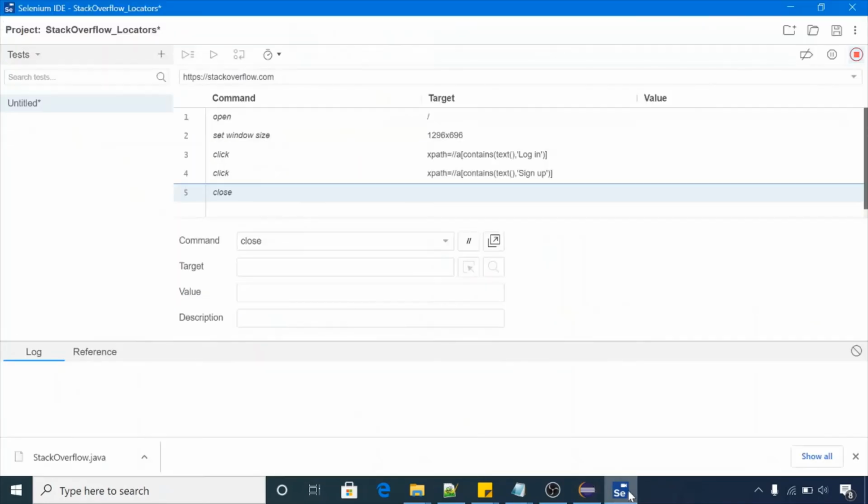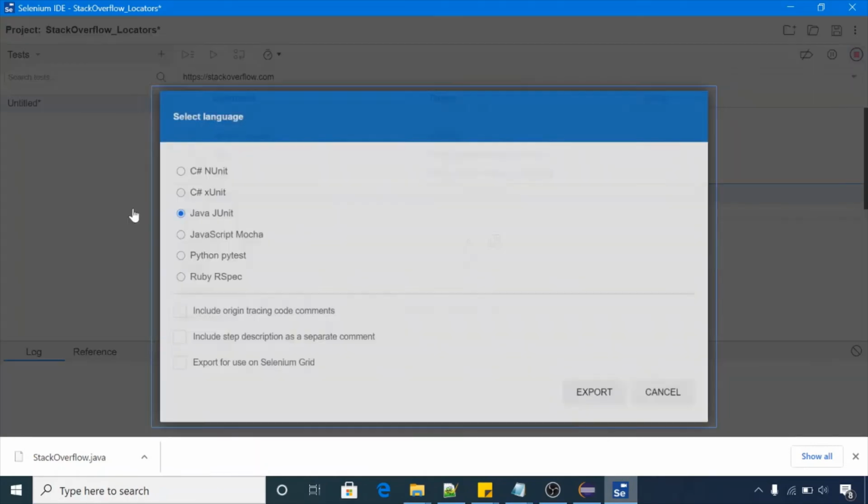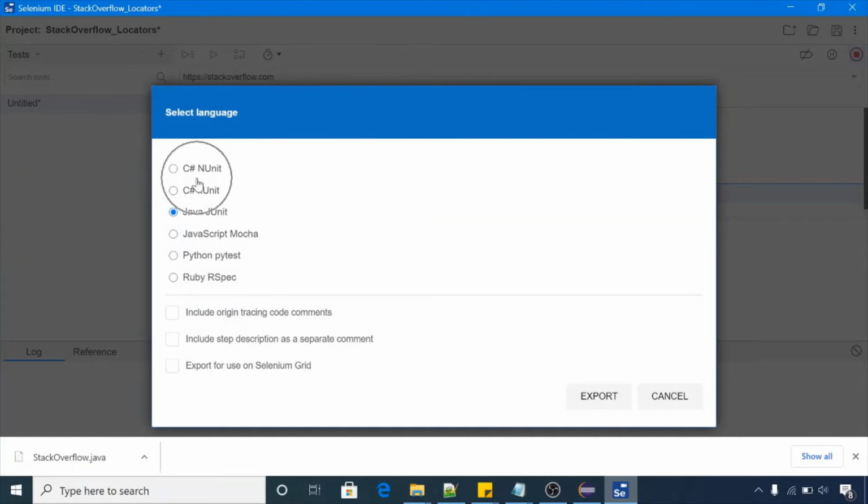Let me show you again. Let me launch Selenium IDE. Click on export, and you have these features. You can export your code to C# language, Java language, JavaScript language, Python language, Ruby language. So you can export it to any language and you will get the same script like this one.